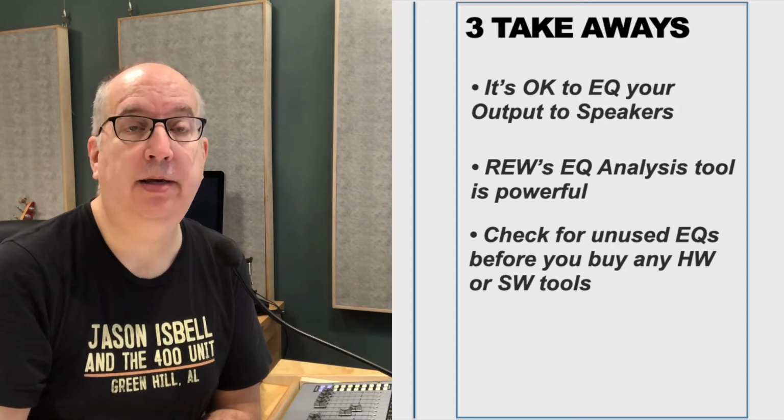Third big takeaway is you can buy technology, but before you buy technology to EQ your 2-bus to make your room sound better, go find some tools that you've already purchased that are within your tools, like your board, or potentially a parametric EQ that's maybe a 4-band parametric EQ that you're using as an outboard piece of gear